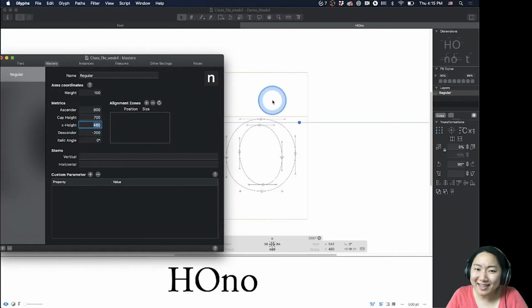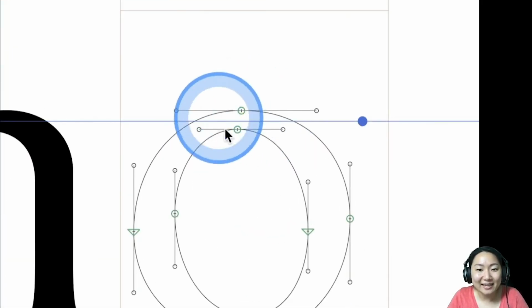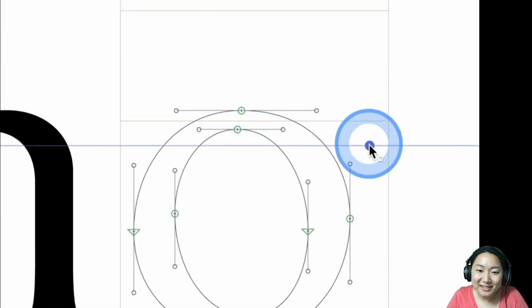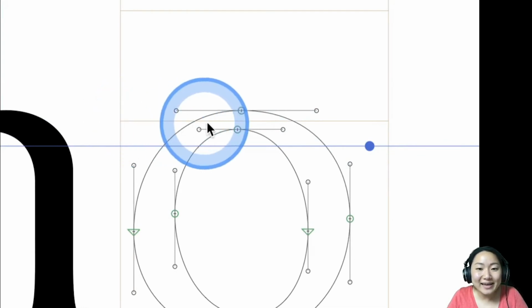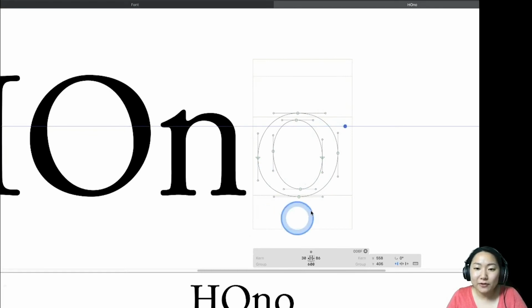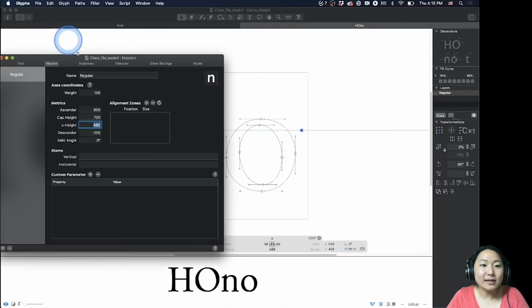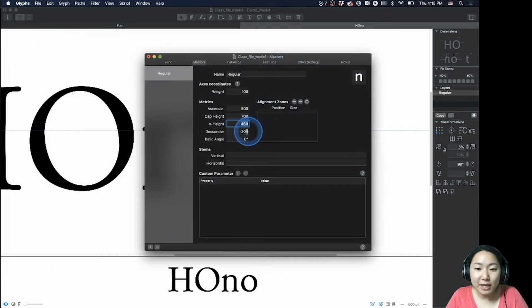I press return, so it's there. It might seem like nothing changed, but that's because you need to refresh the tab. So I'm just going to go into a different tab and then come back. And you can see that the X height line actually changed. I'm going to move this guide so you can see that the X height line has changed to this value. You can do the same thing, for example, if you want to change the descender line and so forth. You can keep going back into the font info menu, and instead of -200, maybe you want -180 or any other value. So those are what is useful.